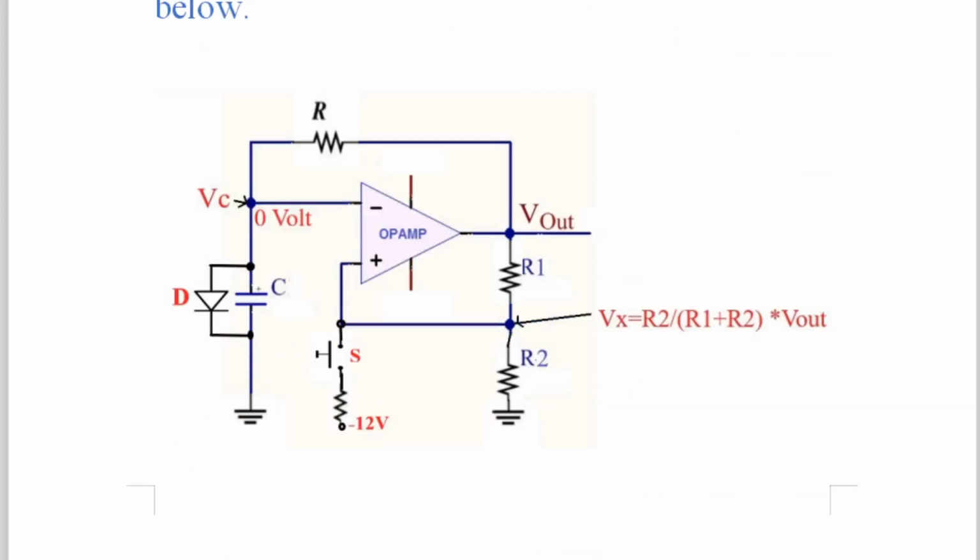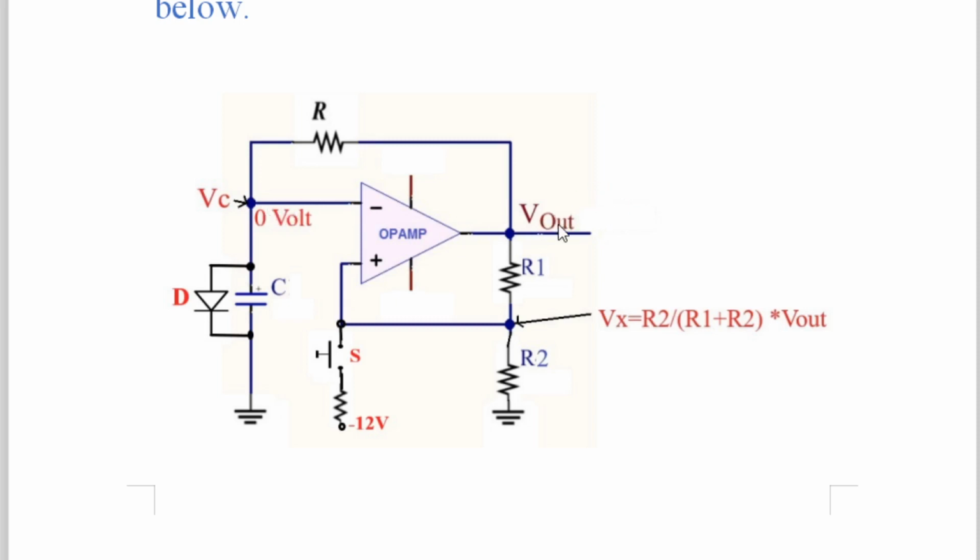And this is our initial diagram as shown below. Build the circuit, but don't turn on the power supply, and consider that the capacitor is initially in discharged condition, that is Vc is equal to 0 volt. Therefore, before turning on the power supply, the minus terminal, that is the inverting input terminal, is at 0 volt.